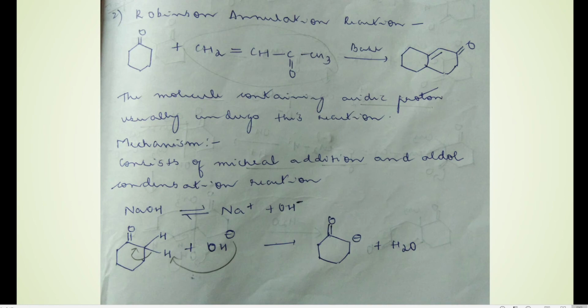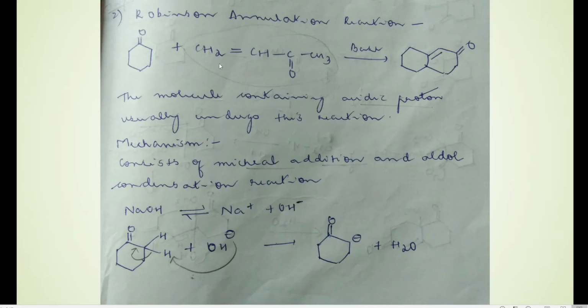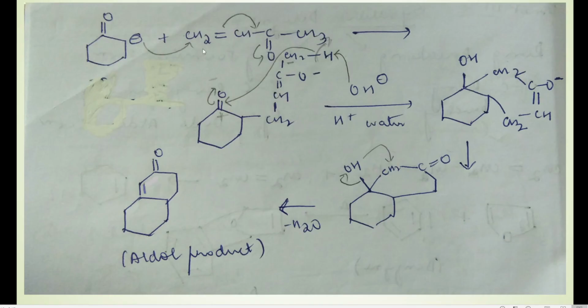Now what is the third step? So in the third step, what happens, students? This product that we got by the end of step number 2 is made to react with another reactant, that is CH2 double bond CH, C double bond O, CH3. That is this ketonic compound. Now, whenever there is a ketonic compound, you know that the carbonyl group is there and oxygen is highly electronegative. It will start pulling electrons from the carbon here. So this double bond is there, and the pi electrons are being pulled towards the oxygen. So this oxygen will get a negative charge, whereas this carbon will get a positive charge on itself.